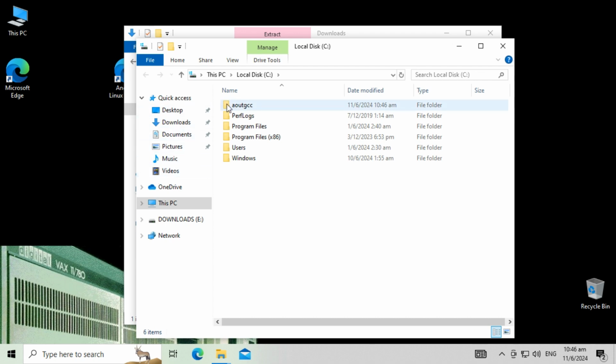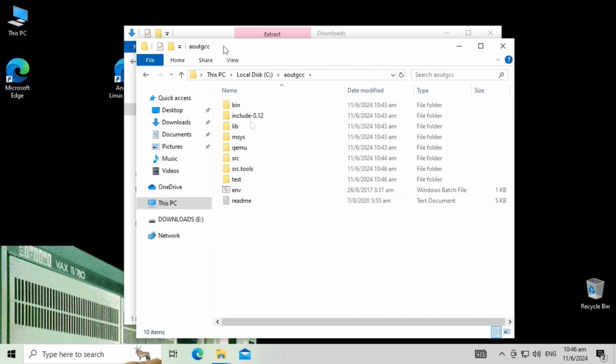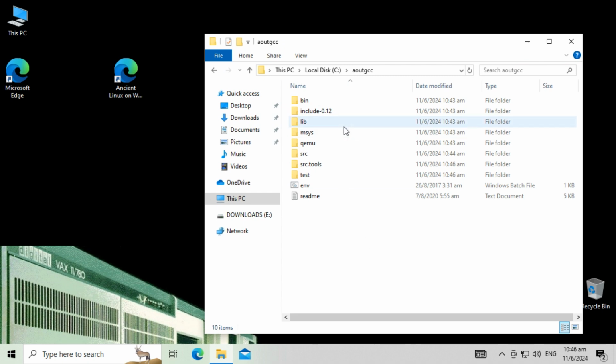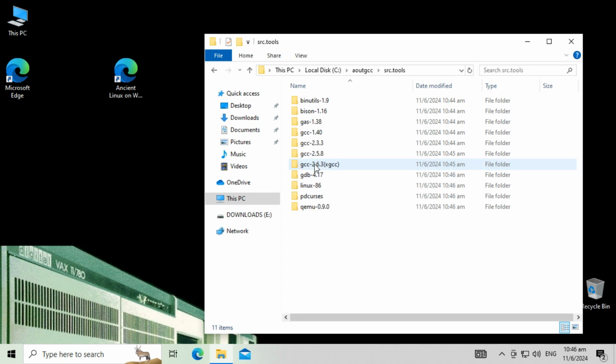So now we have our new directory extracted out. We can explore real quick. The big thing on here is I've included the source code for the tools. This is all the various versions of GCC, GNU Debugger, the 16-bit Linux 86 tools, a version of QEMU, curses for console manipulation, which I think I needed for GDB, Bison, which parses text, and then binutils, which is like the linker and archiver and stuff when building programs